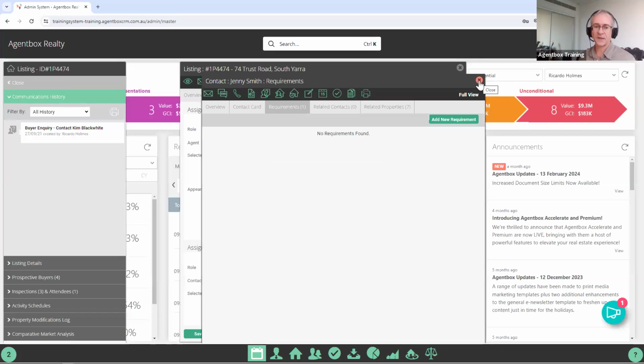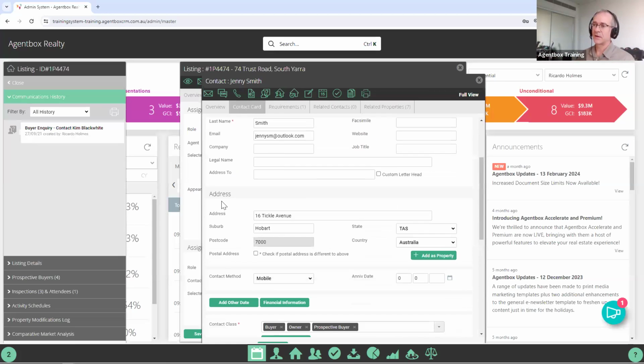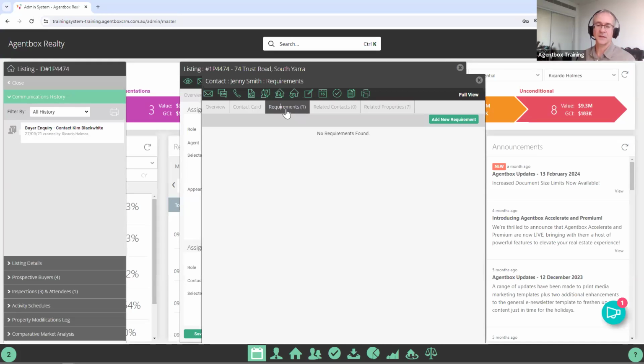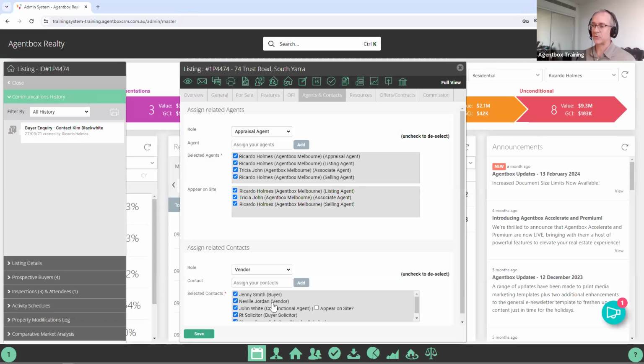So again, the key things I'm checking for a purchaser, I'd click into the contact card. The key things are double checking the address, updating that if they're moving into the property, removing any contact classes that you know are no longer applicable, and I would definitely come in and delete their buying requirements. And I'll repeat the same thing with the owner. So if I click into the vendor's contact card,